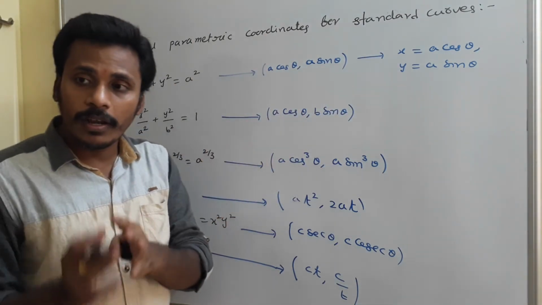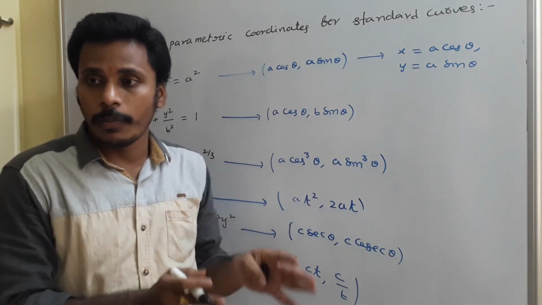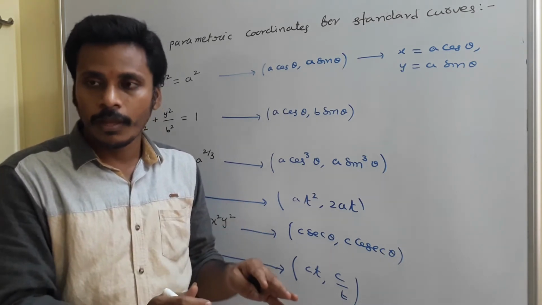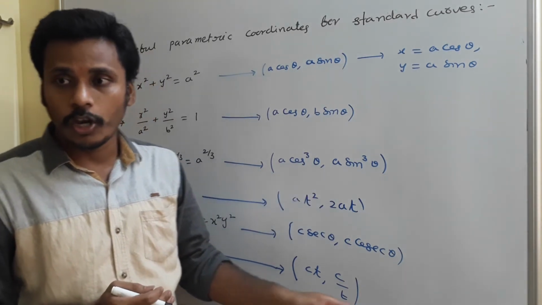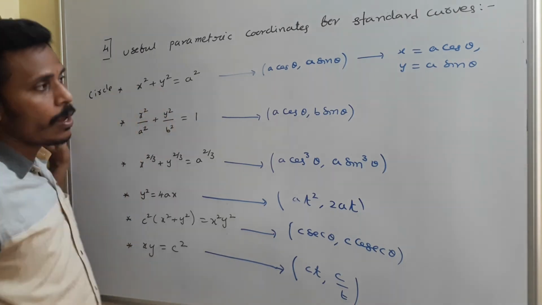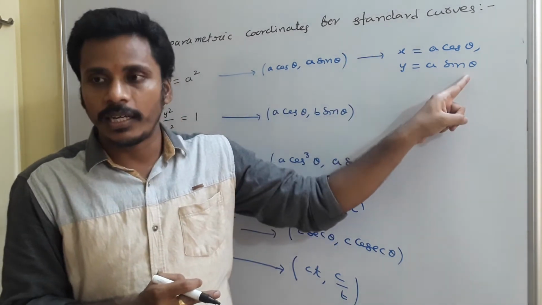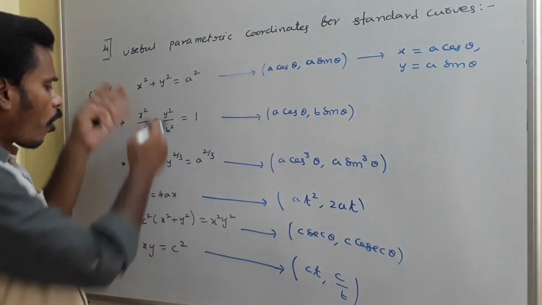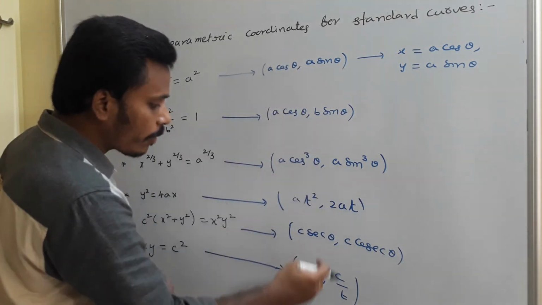We know parametric equations, parametric relations, and normal relations. Parametric functions and normal functions. For a function, if y and x are directly connected, it is considered a normal function. If y and x are connected with respect to some other parameter, they are considered parametric functions. This relation indicates a direct connection between x and y, whereas the other indicates the connection between x and y through the parameter theta, so we are treating it as parametric equations or parametric relations. So for all those curves we have these parametric relations, and for all those curves we have general points.